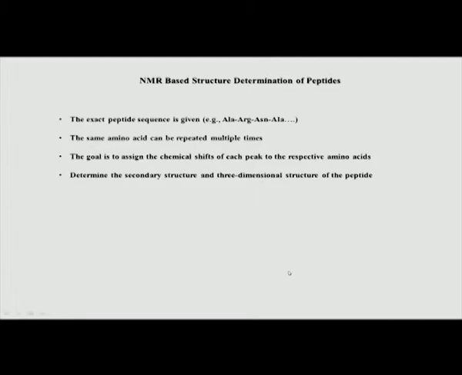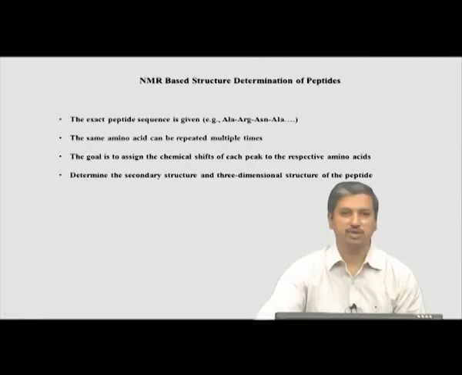So, this is how the process goes on. First thing is you need to have the exact peptide sequence with you, that is, you should know how the amino acid sequence is there in your sample. Remember there are 20 naturally occurring amino acids in nature, and there can also be unnatural amino acids, a synthetic organic compound can be inserted, but all of these are connected to each other by a peptide bond.